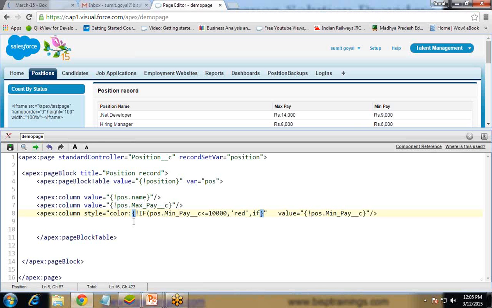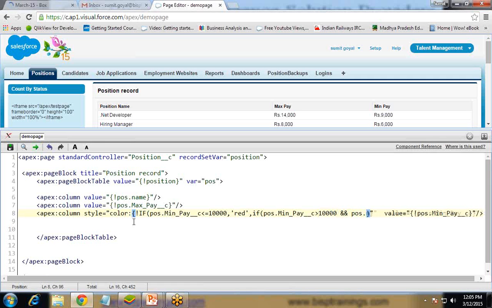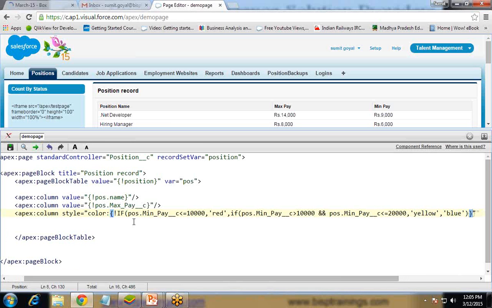Then if pos.Min_Pay__c greater than 10,000 and pos.Min_Pay__c less than or equal to 20,000, it should be marked in yellow color, and the rest of the things will be marked in blue color. Then bracket closed. Let's check this.